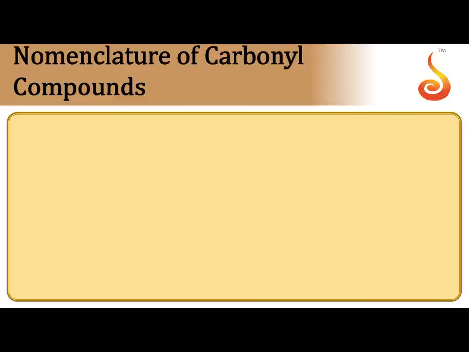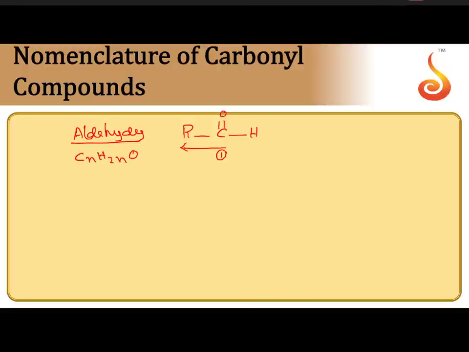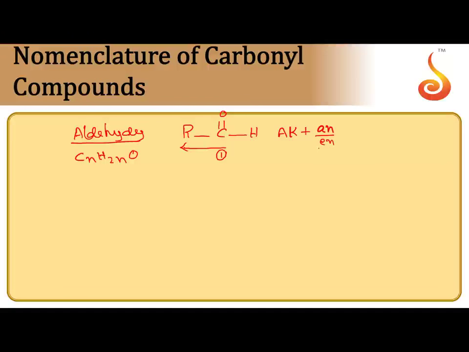Coming to the nomenclature for aldehydes, RCHO is the general representation of aldehydes. General molecular formula for aldehydes and ketones is CnH2nO. Carbon present in CHO should be taken as number 1 carbon. This is a chain terminating functional group. First you select the root word alk, primary suffix an, en or yn, followed by secondary suffix al.